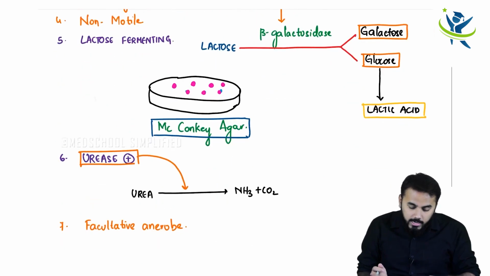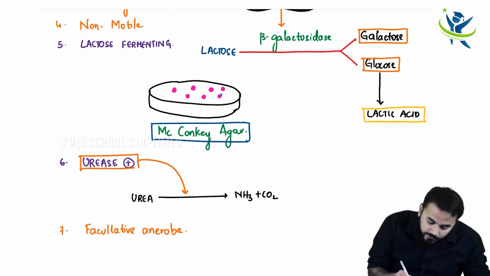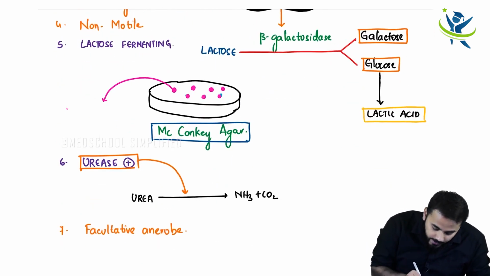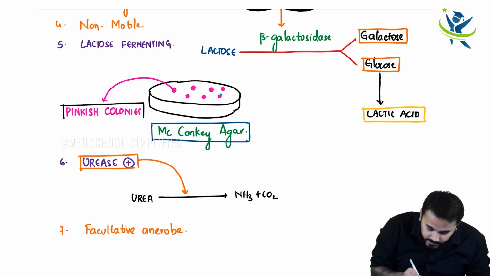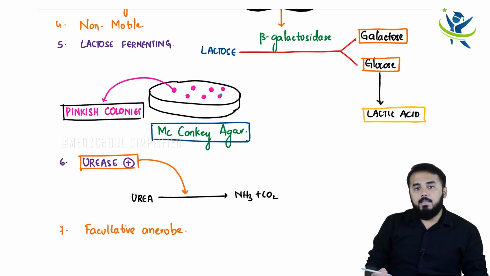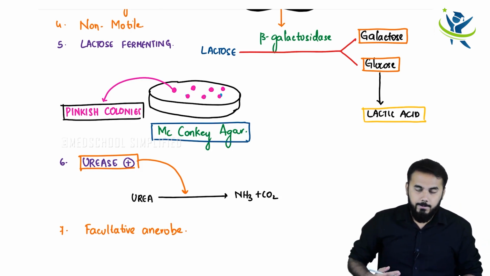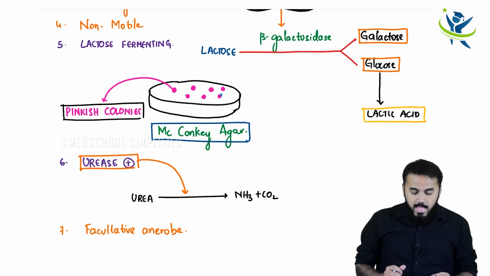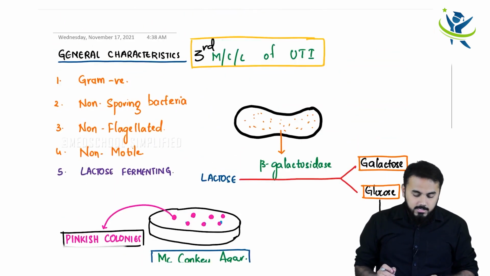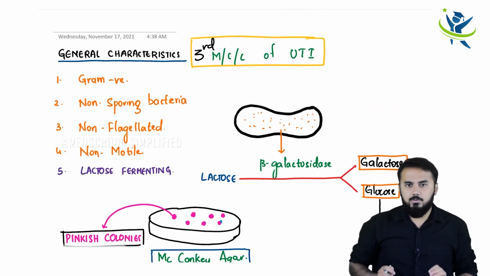Right. So in the McConkey agar, what type of colonies do I find, guys? In the McConkey agar, I find pinkish colonies. So if I find pinkish colonies, then I have to infer myself that I'm dealing with a lactose fermenter. Right. Now, having said these are the seven general basic characteristics of this Klebsiella pneumonia bacteria which